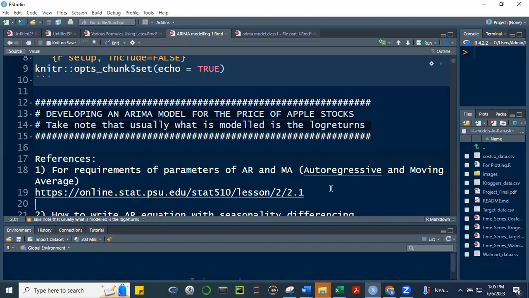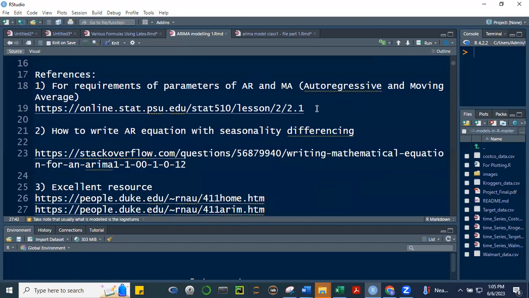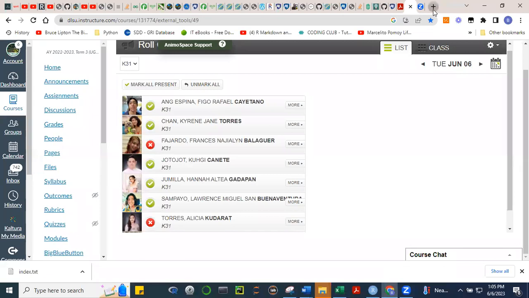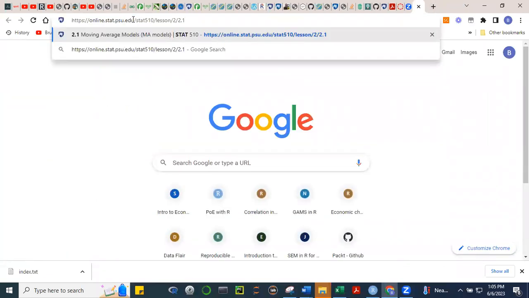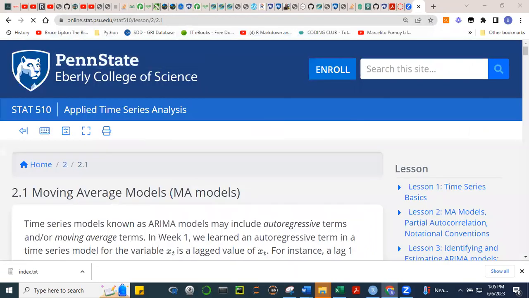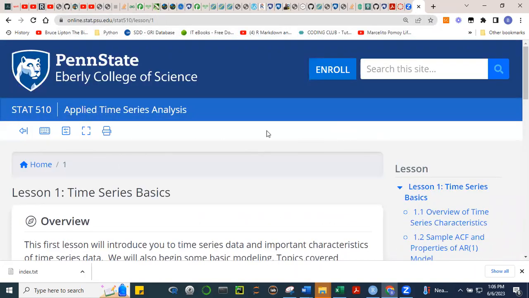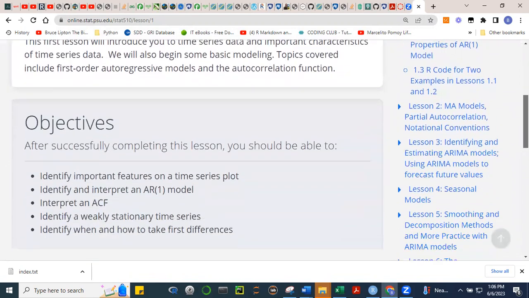Okay, there are certain references here which I'm suggesting that you look into. For example, this is Pennsylvania State University. This is quite a good reference. So let me open that. Okay, so this PSU, Pennsylvania State University, it's a good reference. This is applied time series, all right? I will require you to read the basics. This is a whole chapter on time series analysis, so it would be best for you to look at